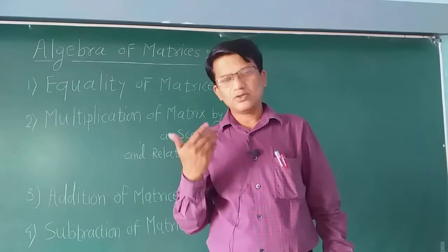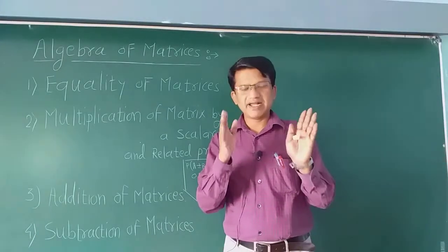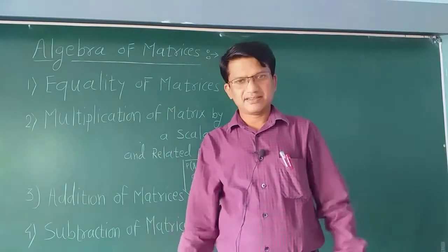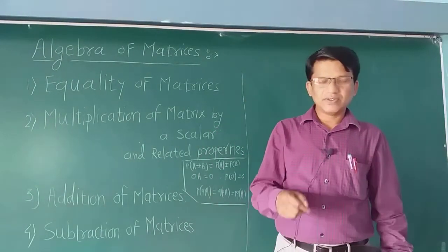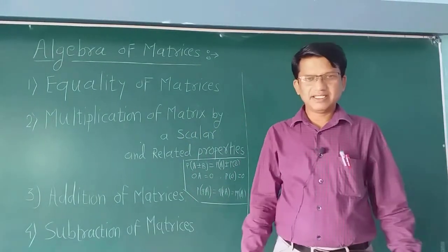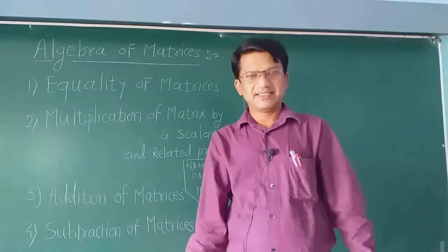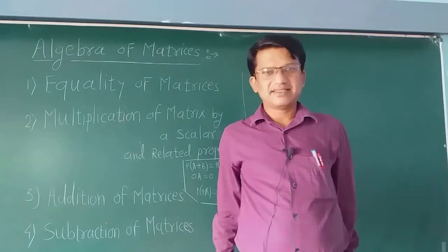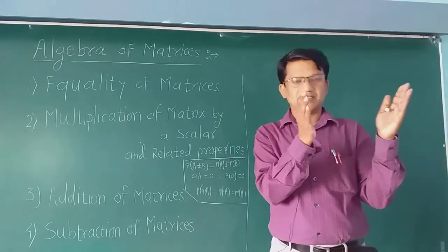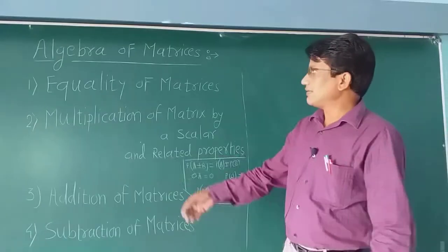In last 2 videos we have discussed definition of matrix. After that, various types of matrices. Okay, in this video we will discuss now if two matrices are given, then what are their properties, how we can add the two matrices, how we can subtract the two matrices, how if you multiply a particular number with a given matrix, it is scalar multiple of a matrix. Okay, let's see one by one.